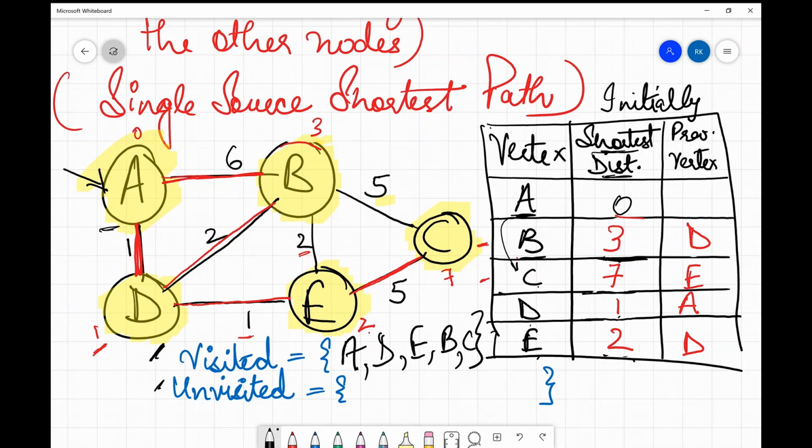So just remember, when they ask to find the shortest distance between two particular nodes, you can use Dijkstra's algorithm there. Because in this, if I want to find the distance from A to D, when I am done with D, I could have specified the distance over here, that the distance is 1. So from this table, I can give the distance from A to all the other nodes of this graph, right? So this can be used in that version as well. We'll discuss that question in my upcoming videos.